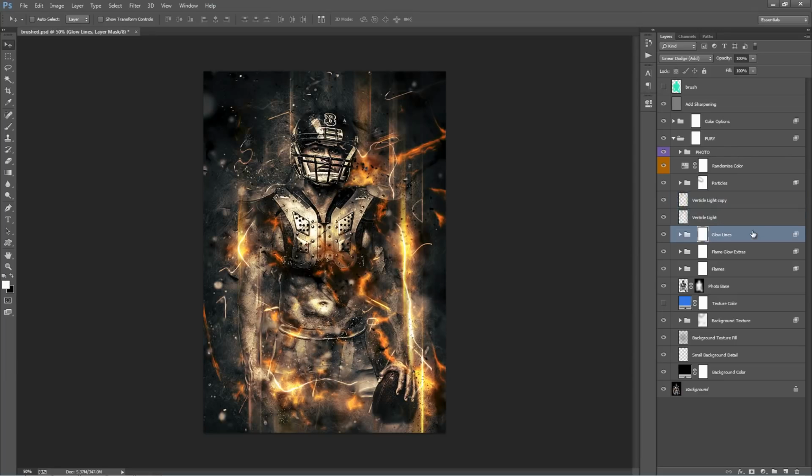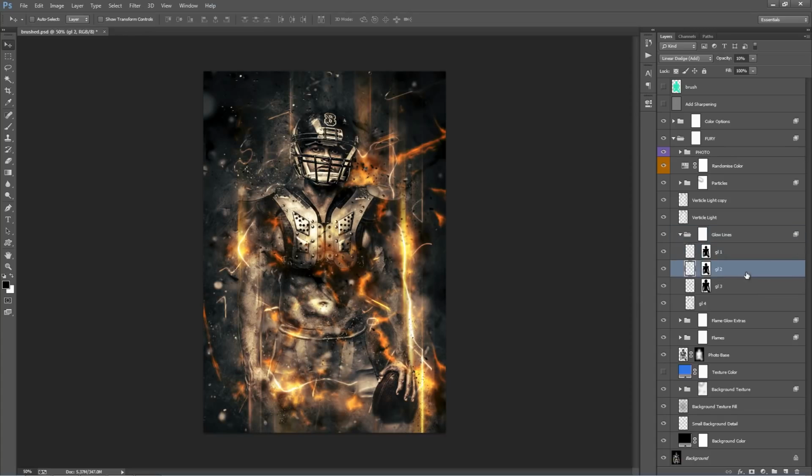Okay, glow lines, I'll turn this one on and off. What I'll do, I'll just turn off, you can see, but when I turn that folder off, you can still see the lines. That's coming from the add sharpening, so I'm just going to turn that off for the moment. So you can see the glow lines, all these squiggly lines, and if you go inside, there are 4